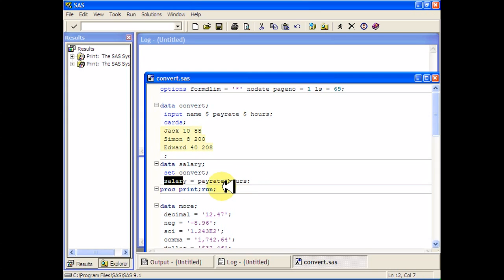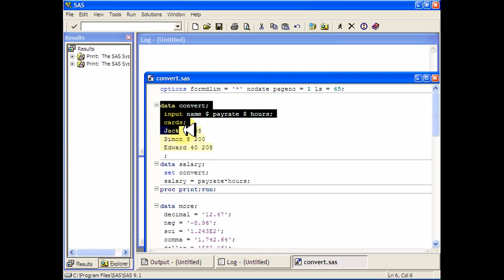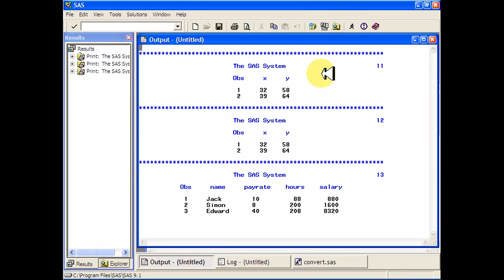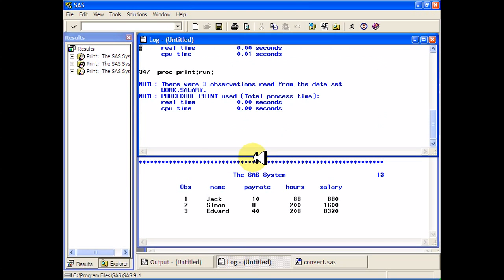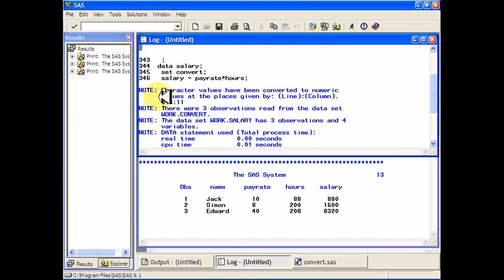Now the problem with that is because these are stored as character variables, SAS has to convert them over to numeric variables, and you can see that it automatically has done that for us. Let's look at the log file and see what kind of message we get. You can see up here it says, note, character variables have been converted to numeric variables at the places given by 346.11. So if I look at line 346, and place 11 is probably right in here,